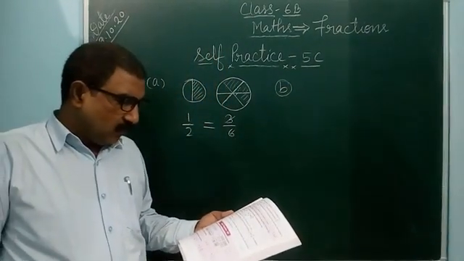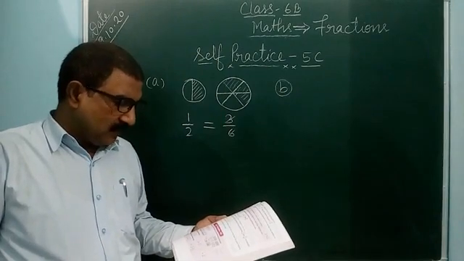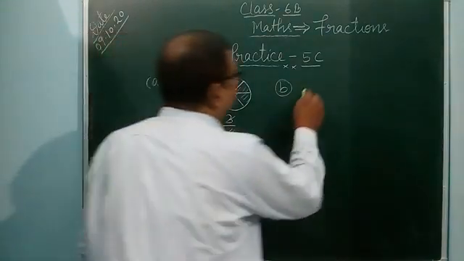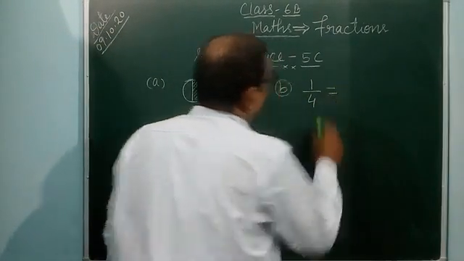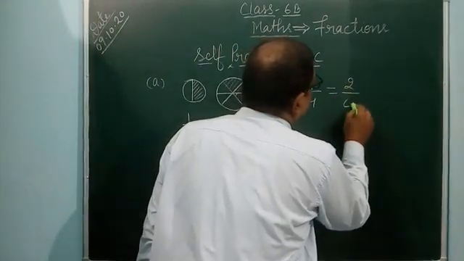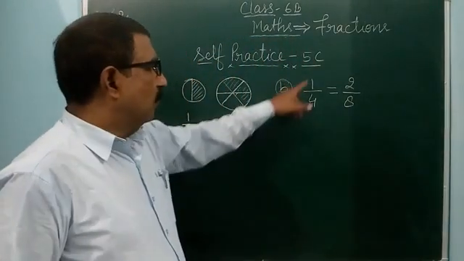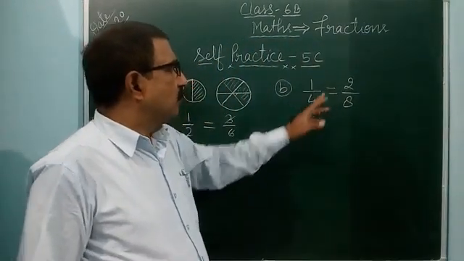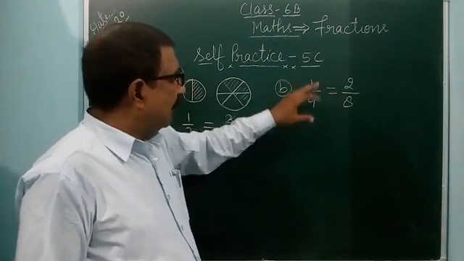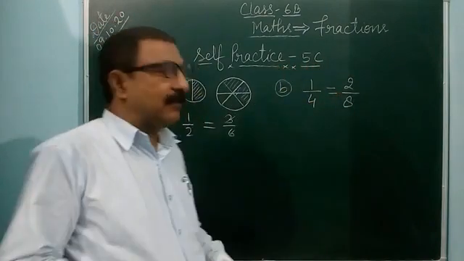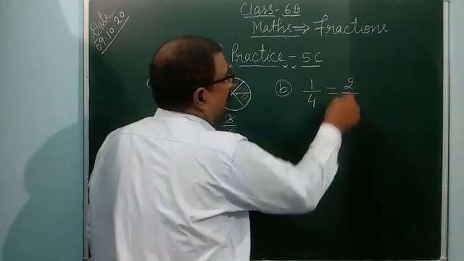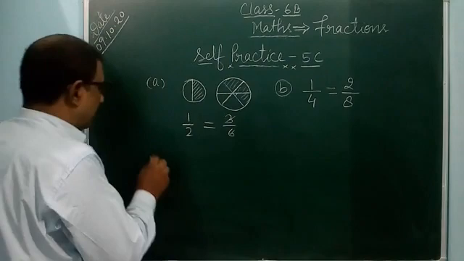It is given 4 parts and second given 8 parts. So out of 4 parts first diagram, you can write 1 by 4. You can write the shaded region is 1 by 4 is equal to equivalent fraction 2 by 8. If you multiply 1 by 4 by 2 in both, so 2 1 are 2, 2 4 is 8. So you can get the equivalent fraction 2 by 8. So like that 1 by 4 is equal to 2 by 8, both are equal. If you want to understand, 2 1 are 2, 2 4 is 8, same 1 by 4 come.